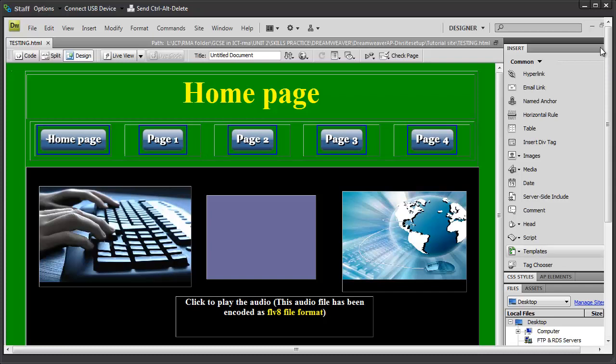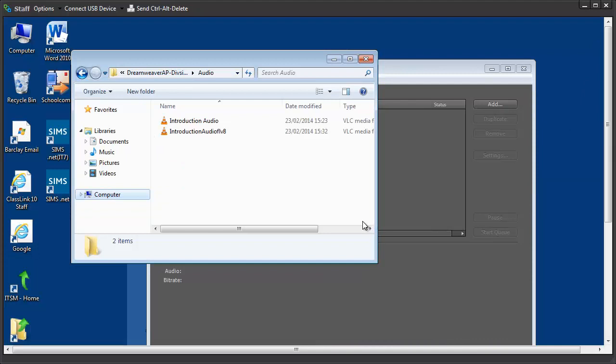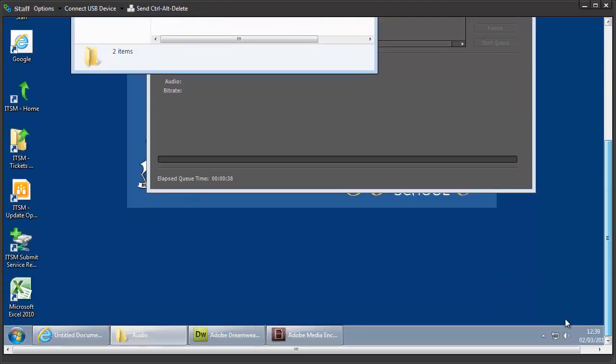Now, before we begin doing this, there's something I really need to mention. In most cases, the media in terms of audio is either in MP3 or WAV format. Now, these formats often cause problems in Dreamweaver CS4, especially if you're using the Berkeley School network. What happens if you insert your audio in MP3 or WAV format? Often Dreamweaver causes problems. So what we do, we format these MP3 or WAV files into Flash, and we use a special program called